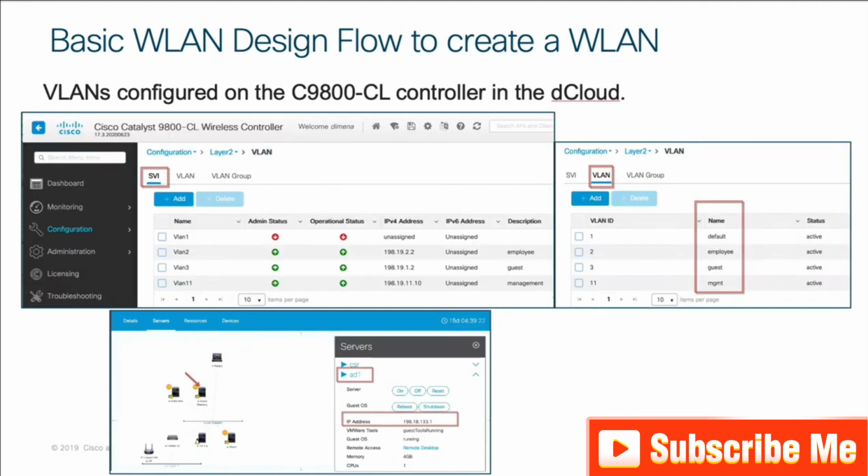Before we go into the actual demonstration of how to configure it live on a controller in dCloud, a couple of additional housekeeping details. First of all, the VLANs are already preconfigured on the controller in the dCloud. As you can see, there are SVIs defined as switch virtual interfaces. And there are 3 VLANs defined, and each VLAN is given a name, one for employee,